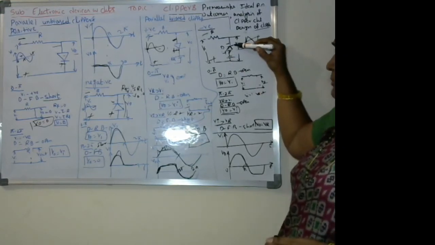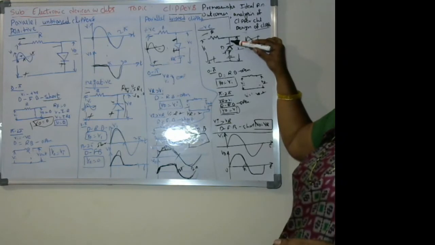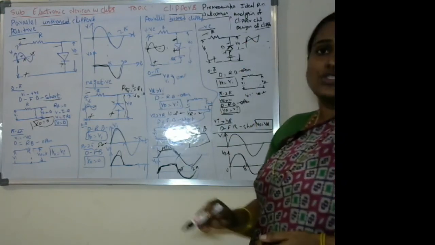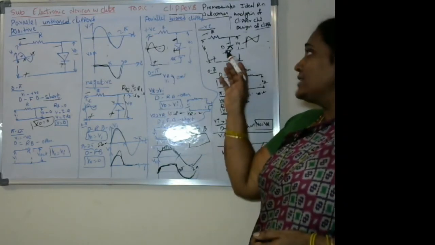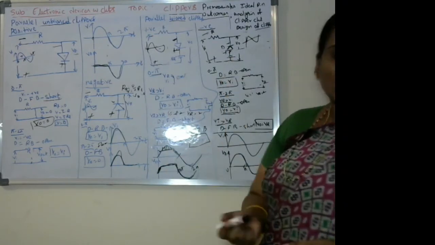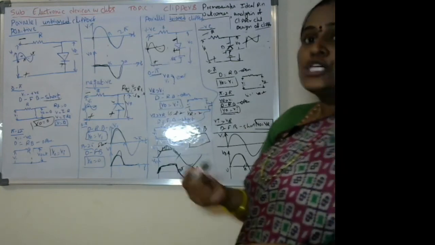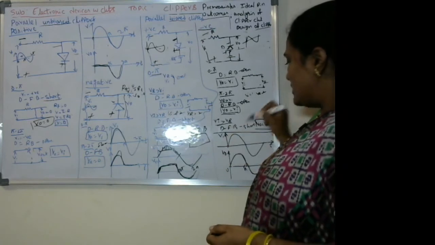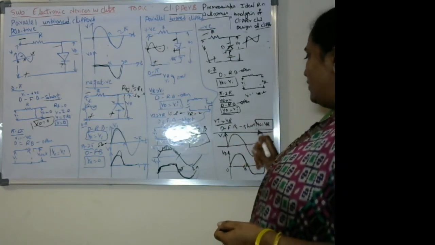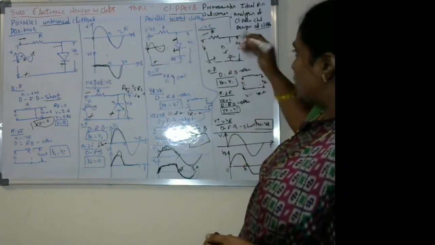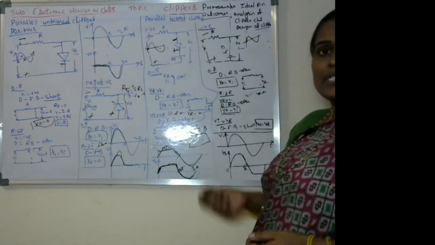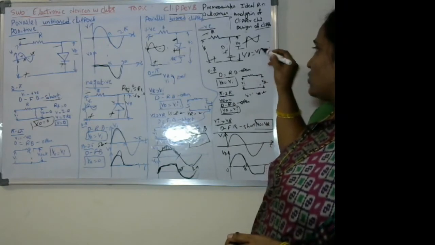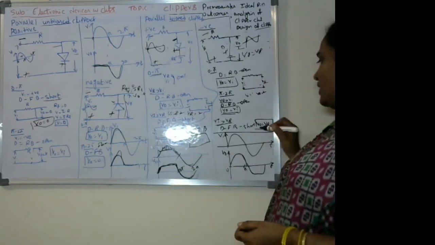So the N type of the PN junction diode is connected to the negative terminal of the signal, and the P type has been connected to the positive terminal of the signal. So the diode is in the forward region. Whenever the diode is in the forward region, it acts like a short circuit. So the diode is short circuited. Once it has been shorted like this, the output V0 will be equal to the reference voltage VR. So V0 will be equal to VR.